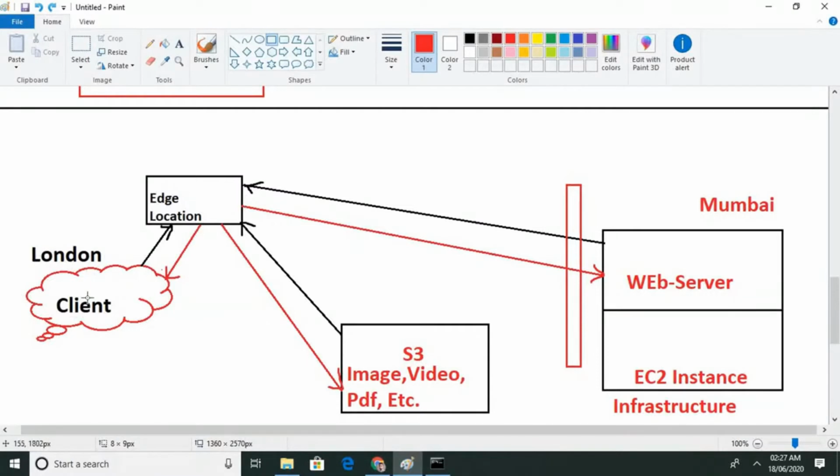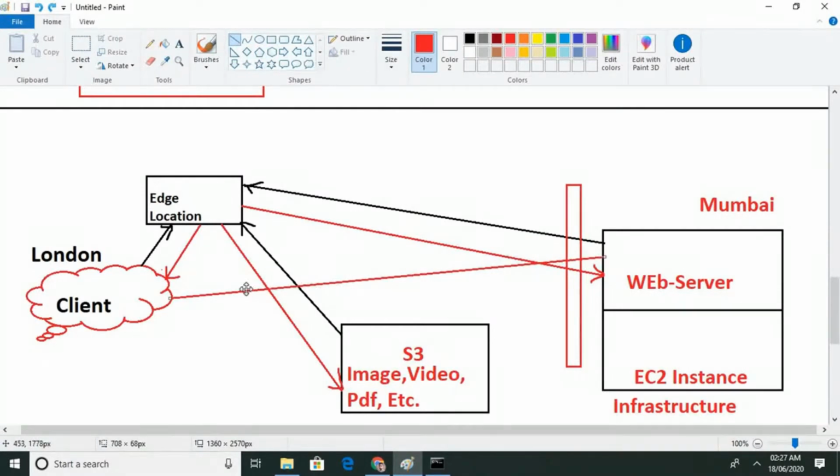If your client wants to access your web server, your website, directly, he connects directly to this web server.